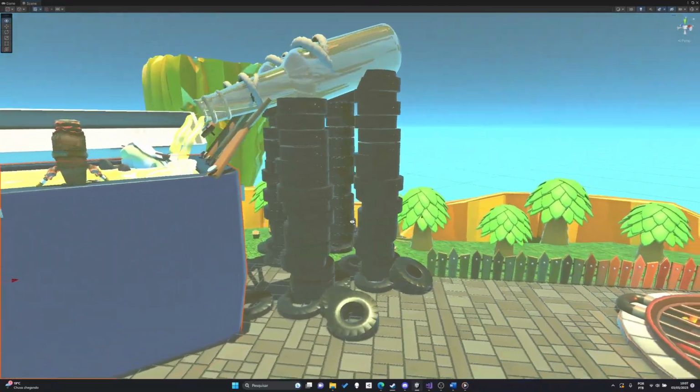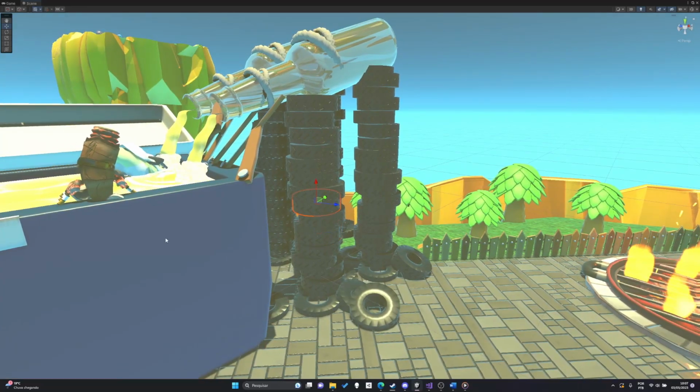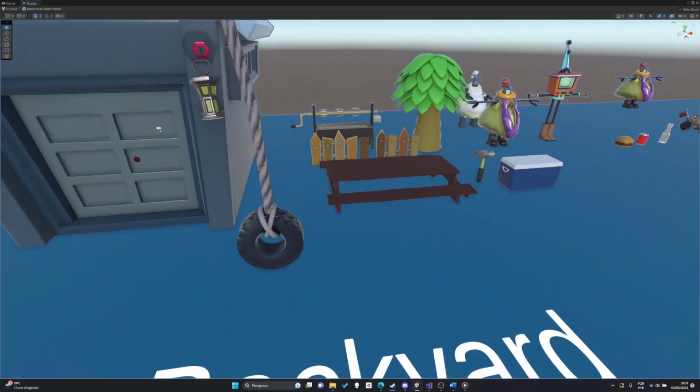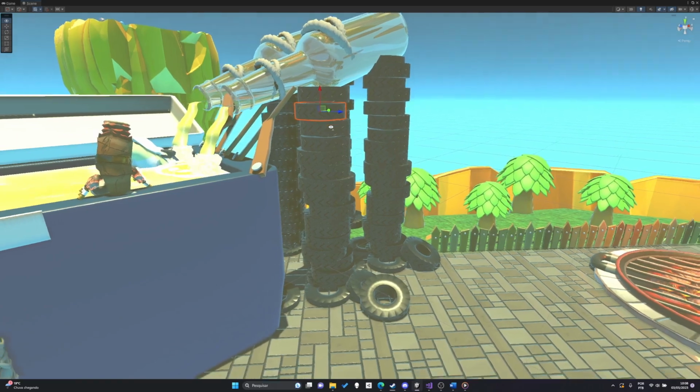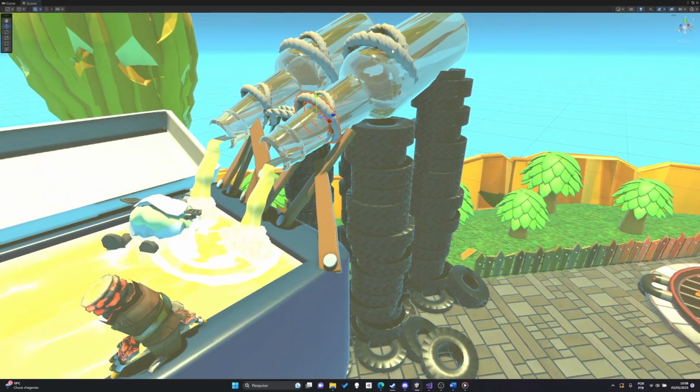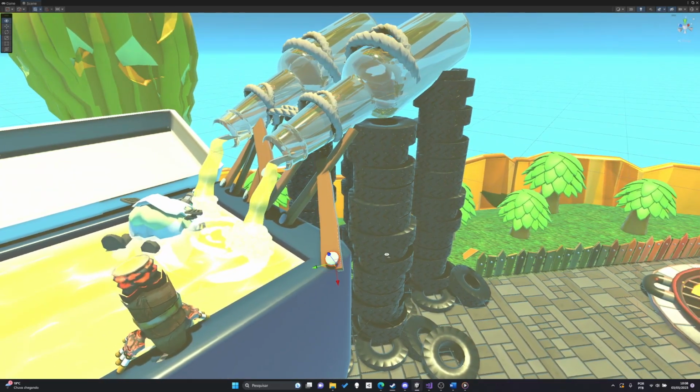For the beer bottle waterfall structure, I piled up tires from the tire swings, scaled up the beer bottles, and tied them together using the different scales of ropes from the tire swing to make it somewhat believable. I've also used the planks and the nails from the fence to create a rough improvised support for the structure.